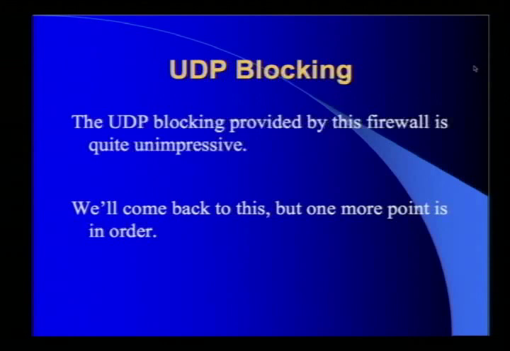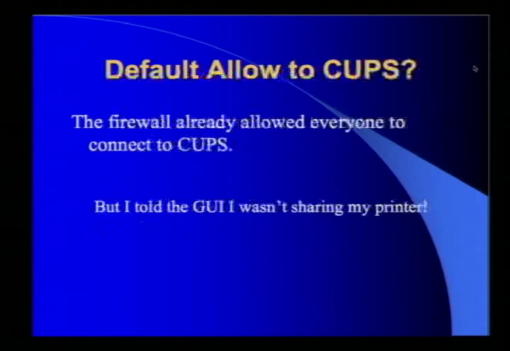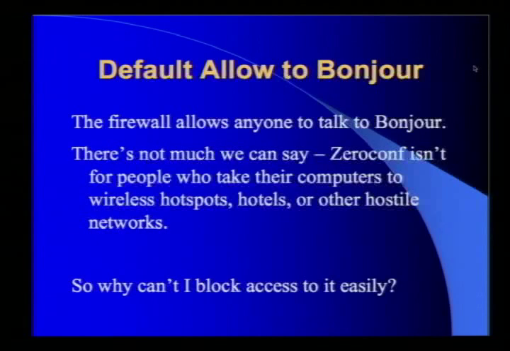Okay, I'm not a big fan of the UDP blocking here, but I'll talk a little bit more about it. Outside of the hole I just showed you, outside of the whole fix your source port thing where you can hit anything you want and just walk right through the firewall, there's still a hole in the firewall for CUPS, the printing daemon. Even though I told the Mac I'm not operating a print server, it's really weird. I unchecked it, I'm not operating a print server. Okay, uncheck that in the firewall, and I get a print server that's accessible by everybody? What's up with that? It shouldn't work like that.